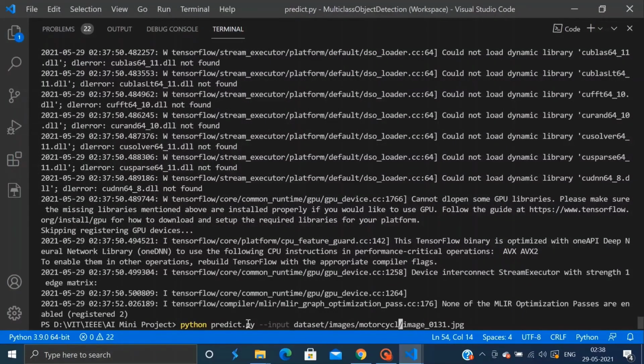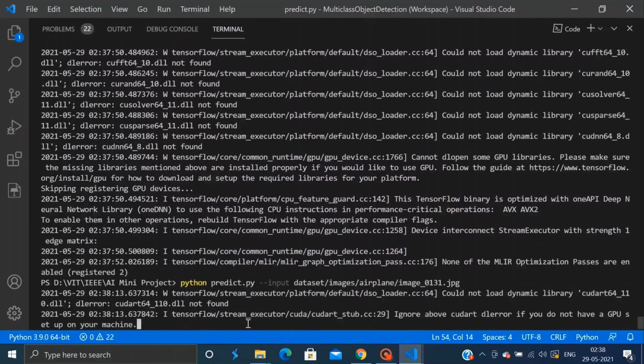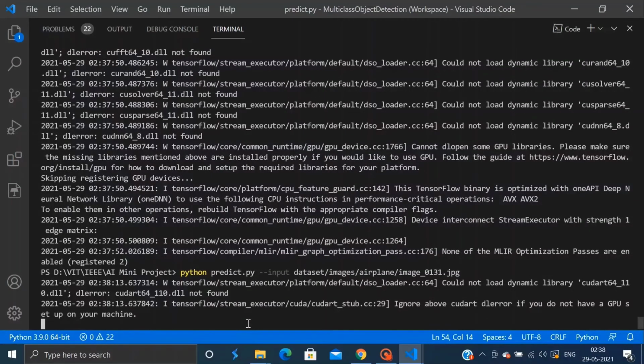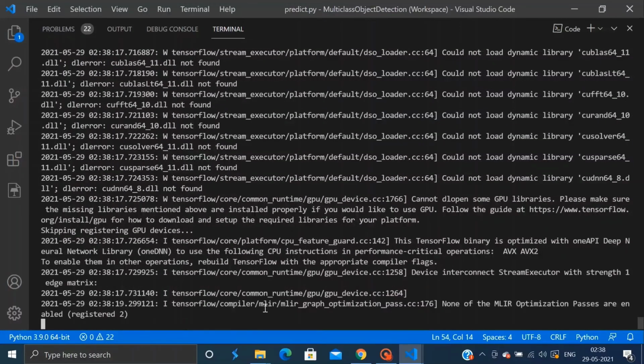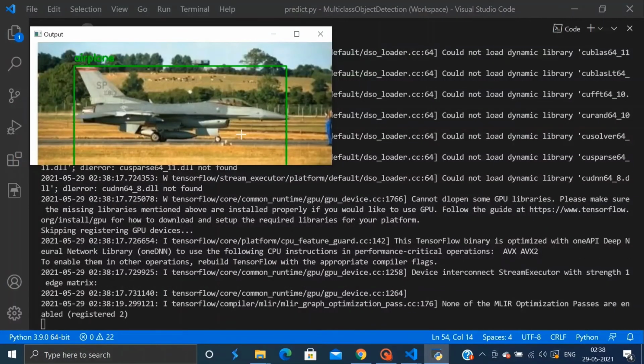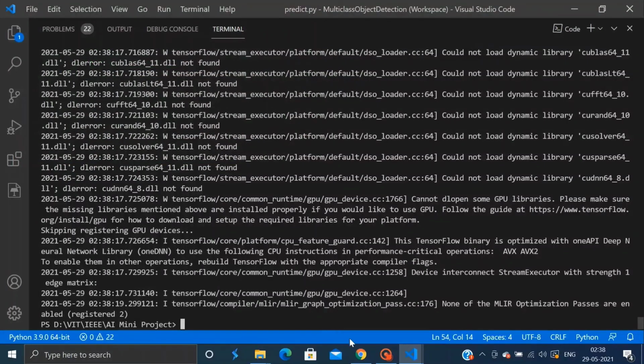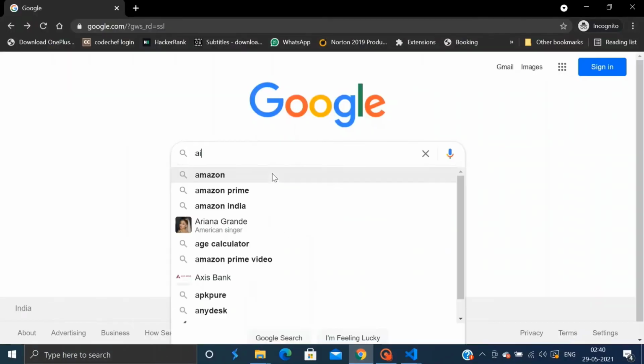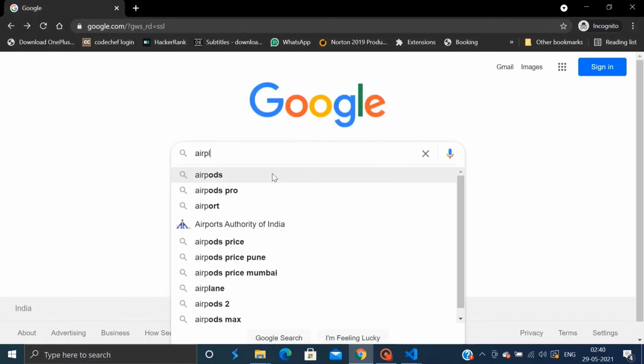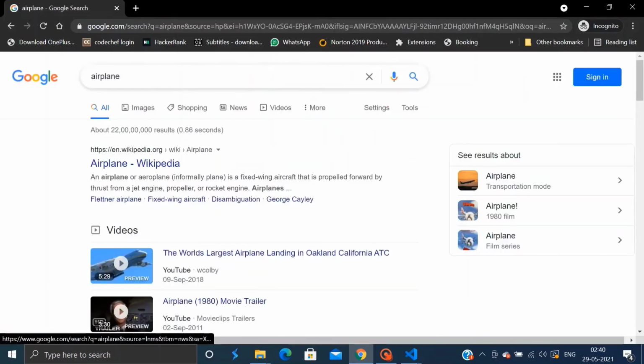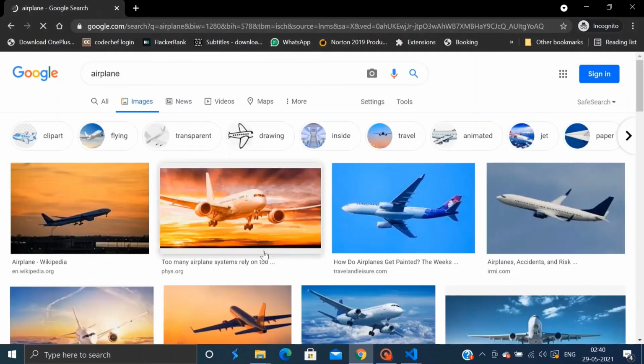Lastly, let's also test it out with an airplane example. So as we can see, our model has formed a bounding box and then also predicted it correctly. So let us now also try to test our model with an image that it has never seen previously.